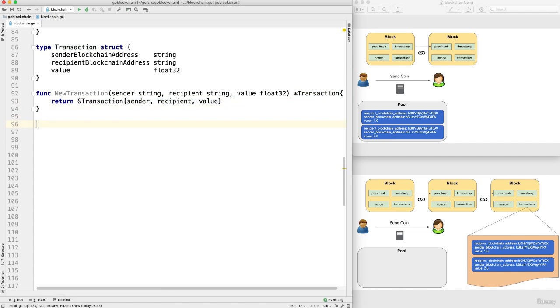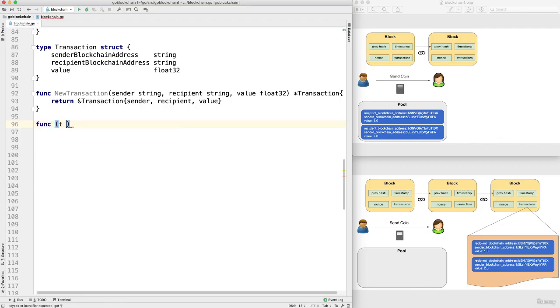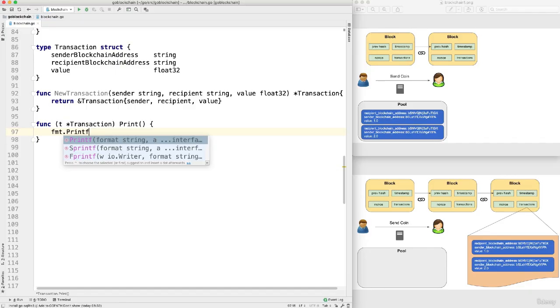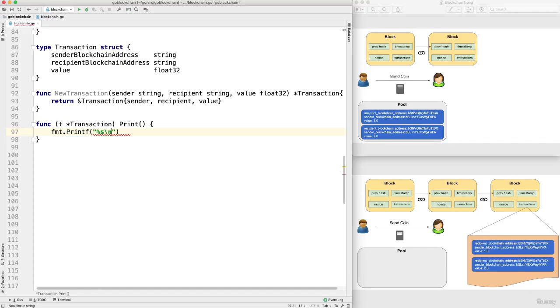Now that we've gotten this far, let's include a method to print this. We could write strings here and override, but let's make this easier to understand by saying print method. And then we'll write fmt printf and %s, and then a new line. Then strings, repeat, and include 40 hyphens before printing out our results. We're including this step because there are multiple transactions within our pool. We'll be using loops to display all the transactions, but it will be easier to look at the transactions if